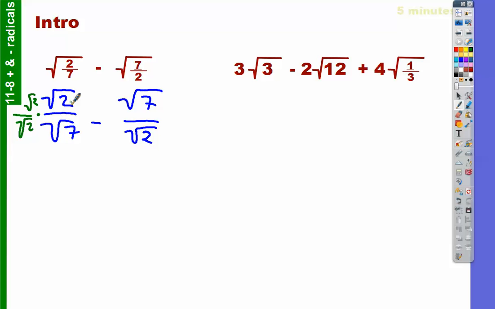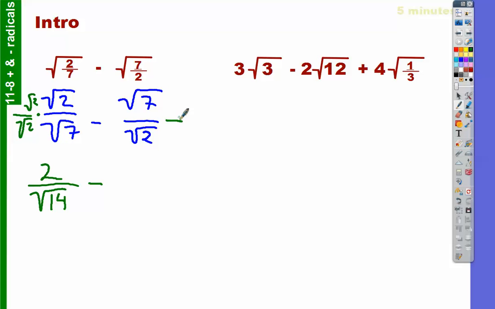It's 2. Because square root of 2 times the square root of 2 is the square root of 4, and Miles is going to tell us that the square root of 4 is 2, right? All right. And Miles gives us the thumbs up, so it must be right. So we have 2 over the square root of 14, because 2 times 7 is 14. And we're subtracting that by,